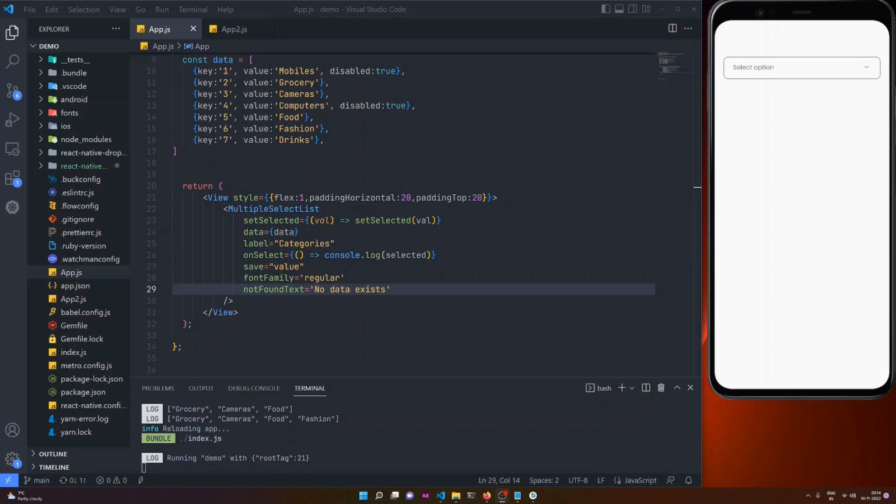Now let's talk about the style props. Firstly, let me just tell you that this multiple select list inherits all the style props of the select list component, which I have already talked about in the previous video. If anybody doesn't know about those style props, he can find the link in the description and check out that video. In this video, I'll be showing you only the additional style props which are applicable to only this multiple select list. So the first one is